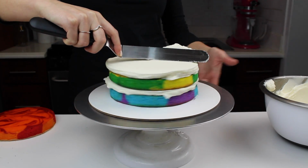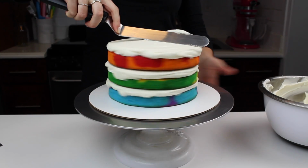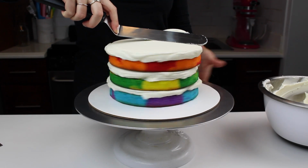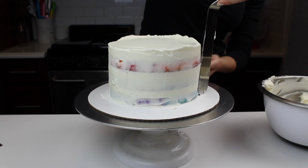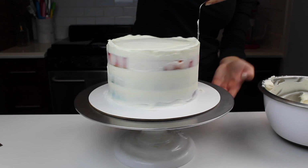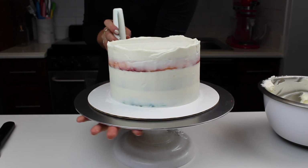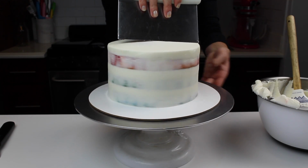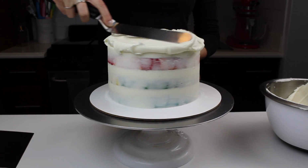As you can see, I actually chose not to level these cake layers. I normally use a serrated knife to trim the tops to help me get a really level cake as I build it, but I was so in love with the way the top of those cake layers looked, I just couldn't do it. However, if you want to trim your cake tops, you totally can. In this case, I just chose to use a little bit of extra buttercream to help make my cake nice and straight. Once I had applied a thin crumb coat around the cake, I chilled it in the freezer for